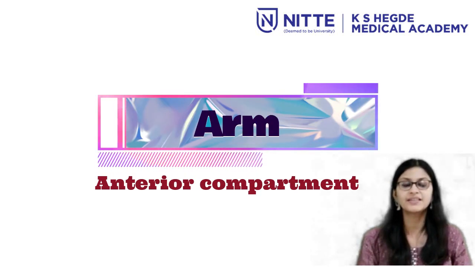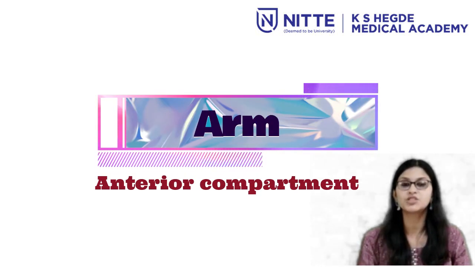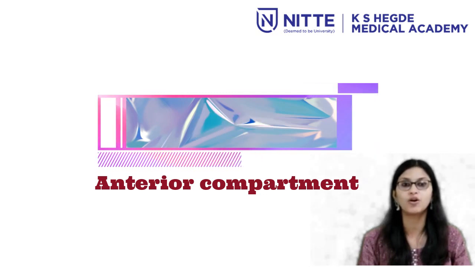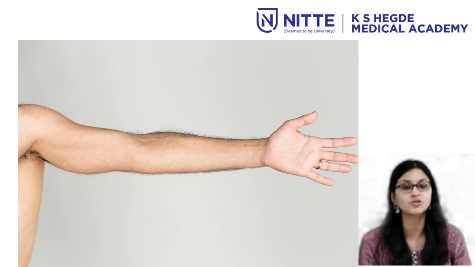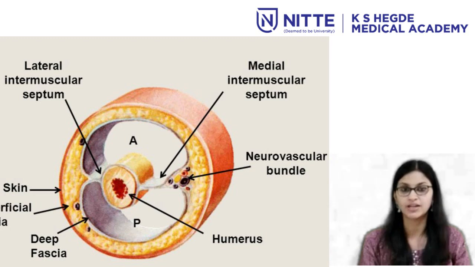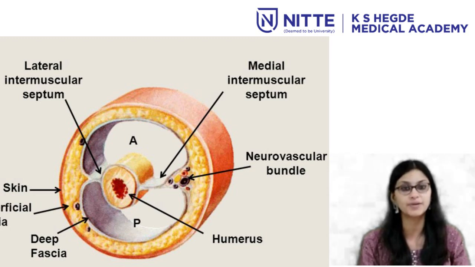Hello, in this video I will be talking about the front of the arm. The part of the free upper limb between the shoulder and the elbow joint forms the arm, otherwise also called as brachium. The deep fascia, otherwise called as the brachial fascia,